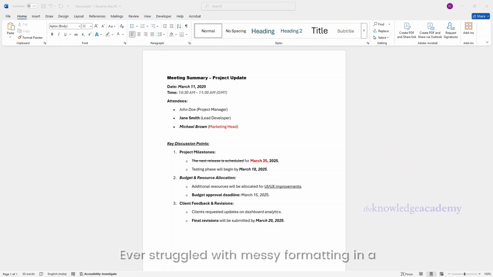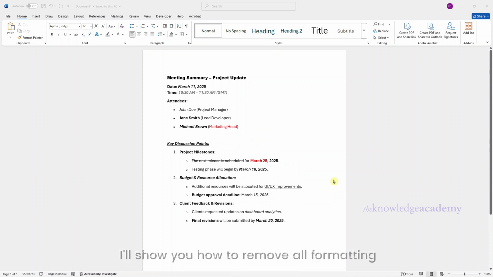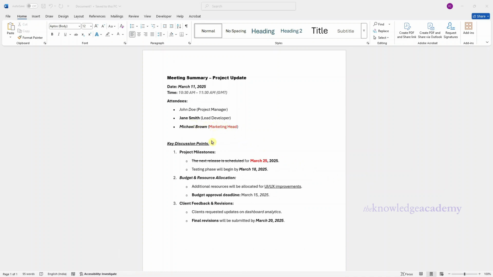Ever struggled with messy formatting in a Word document? Don't worry, clearing it is super easy. In this quick tutorial, I'll show you how to remove all formatting in just a few clicks. If your document has bold, italics, underlines, colors, or other formatting and you want to reset it back to default,